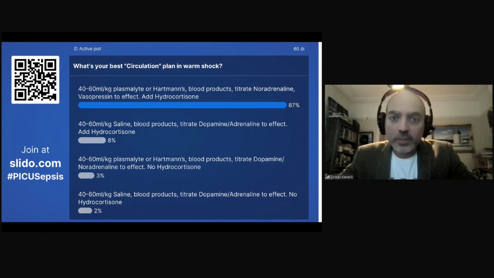You just then need to decide what the best inotropes are to add in. And noradrenaline is the go-to drug because you need more pressors. She's vasodilated. You need to vasoconstrict and squeeze her a bit more. So that's a good drug to use. And then third line is vasopressin. Now, as per the international consensus paper, and as per her blood sugar that we knew earlier that it was low